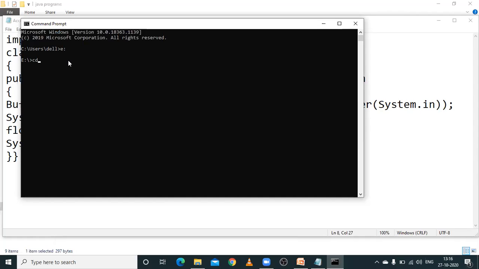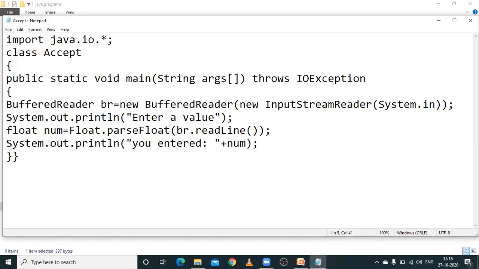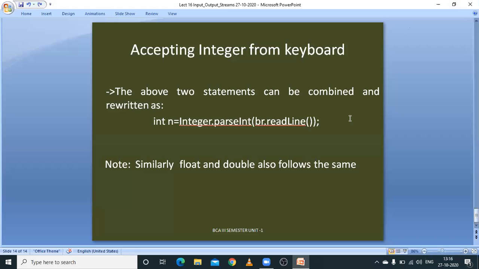This program is demonstrating float values. javac accept.java. It compiled, and then I run accept. I'm giving 12.568, and that is the value which is entered. I think everyone understood this one.